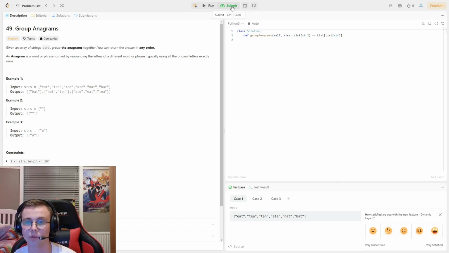So, given an array of strings, group the anagrams together. You can return the answer in any order. An anagram is a word or phrase formed by rearranging the letters of a different word or phrase, using all the original letters exactly once. So this is similar to another LeetCode question I've done in a previous video